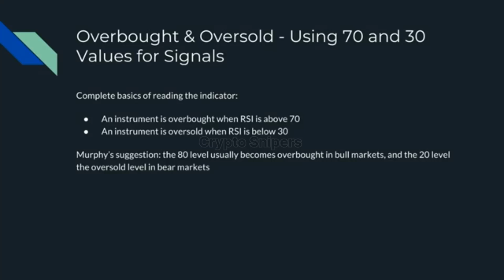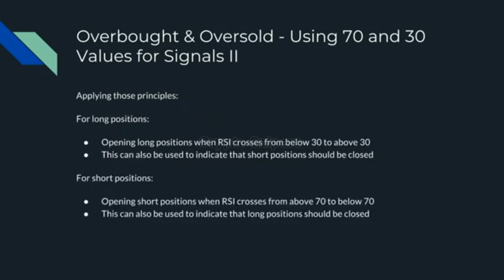is below 30. Murphy, who's one of my TA go-tos, suggests that in bull markets you might want to raise that threshold to 80, and in bear markets lower it to 20. Most people don't. It's fine. It's just something to be aware of, perhaps adjusting the threshold depending on the market. So now that we know about these 70 and 30 levels, how do we actually use them to generate trading